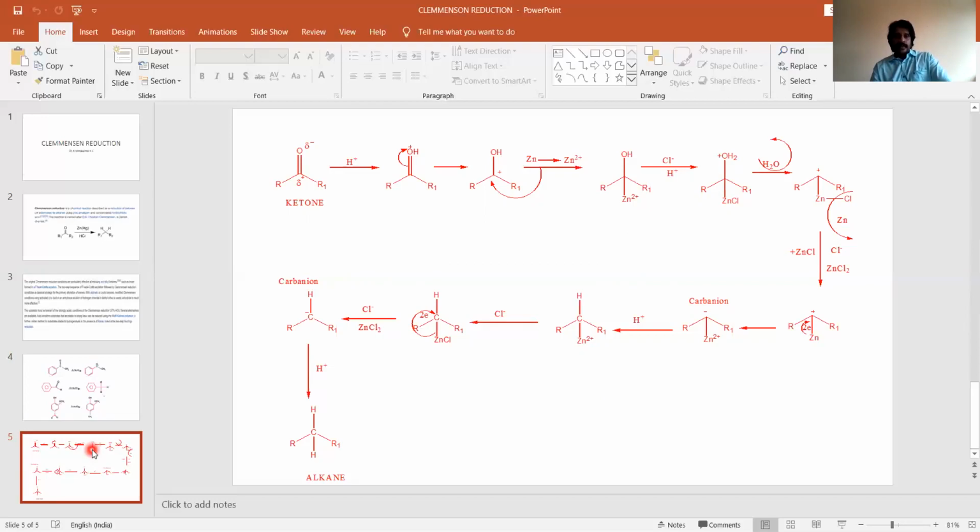Here I am trying to explain the carbanion mechanism, which starts with the ketone and ends with the formation of alkene. It can be either aldehyde or ketone, but generally the mechanism followed here proceeds with the formation of carbanion. That's why it's known as carbanion mechanism. All right. So look at here, a carbonyl compound, by virtue of the inductive effect, that is polarity produced in the molecule due to the difference in electronegativity. Normally a carbonyl group will have a partial plus charge on the carbon and a partial negative charge on oxygen.